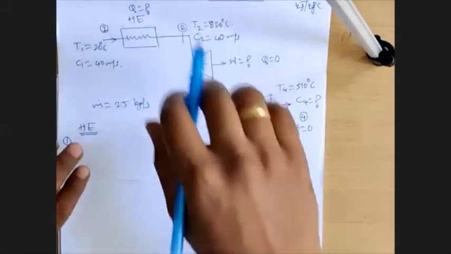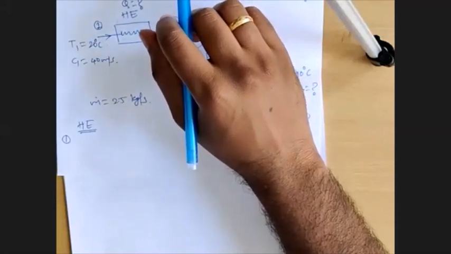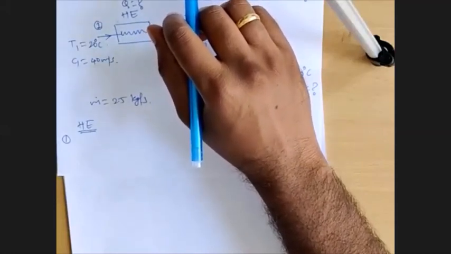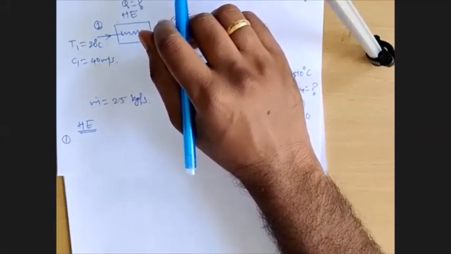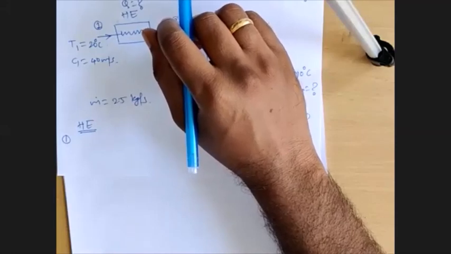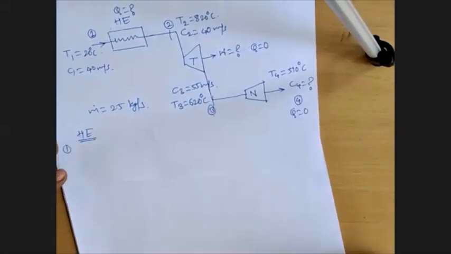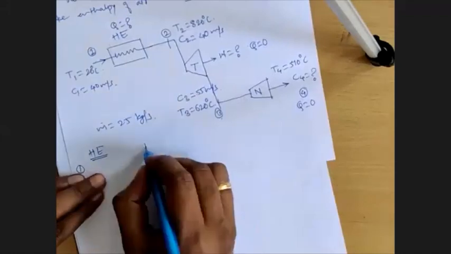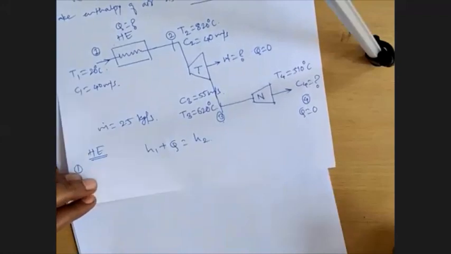So for those three devices, boiler and the others, you get a similar equation. Just Q is either plus or minus. That is the only difference. If it is entering the system, Q will be positive. If it is leaving the system, Q will be negative. Remaining all other terms are going to remain the same, right? So tell me the relation for either evaporator, boiler or condenser. H1 plus Q equals H2. Very good. H1 plus Q is equal to H2. That is the relation, right?